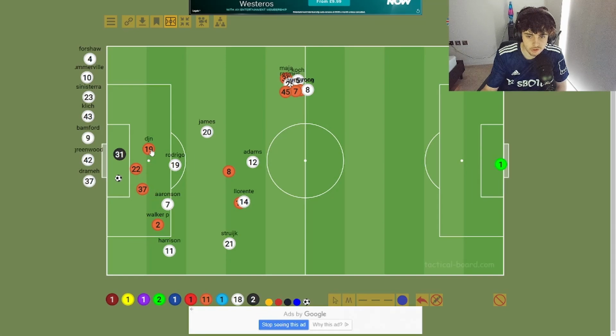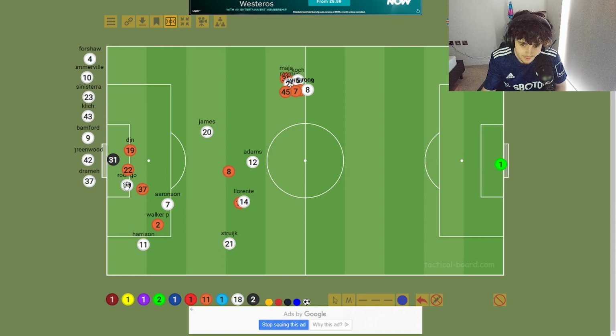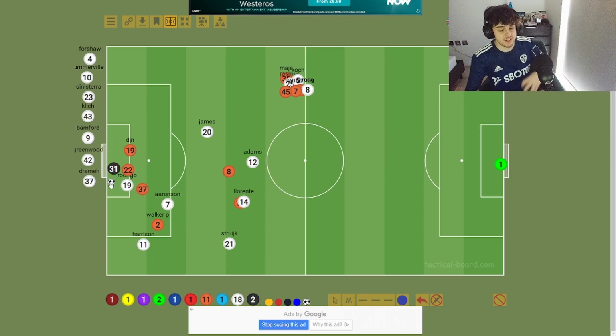And it's all about Rodrigo's movement for me. Starts off here, comes straight in front of them. Flick. Just a little flick, just a touch. That's all it needed. You can kind of see the situation here. Harrison's like here. And it's just one of them. It's just a pass into the box. A nicely whipped pass. Front post. Keeper's not saving it. 1-0. Simple as that. It's not even something you need to really break down.